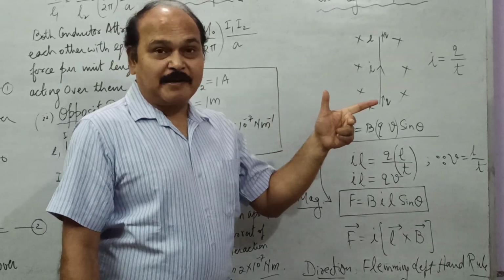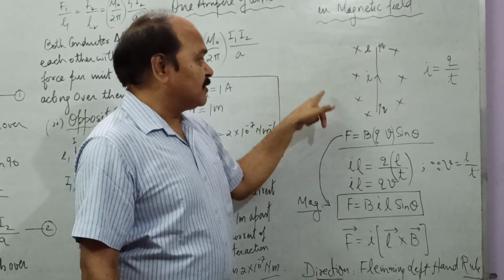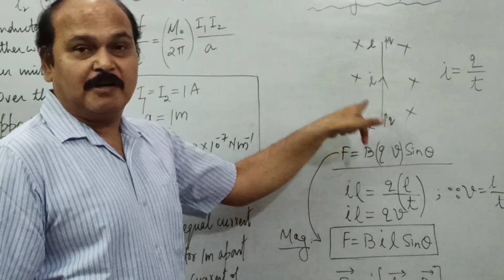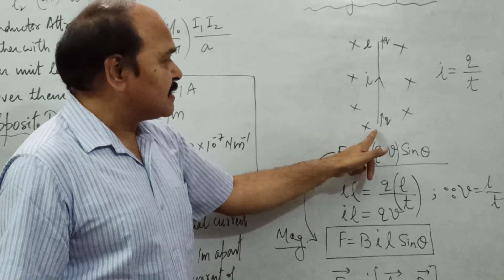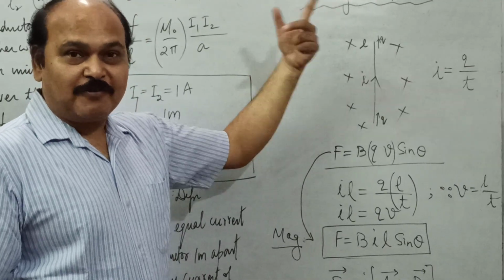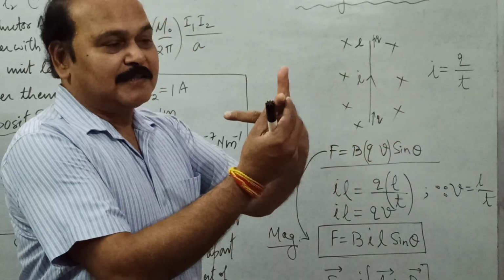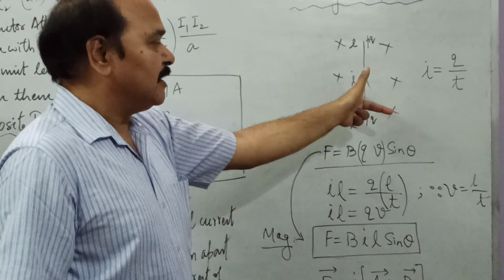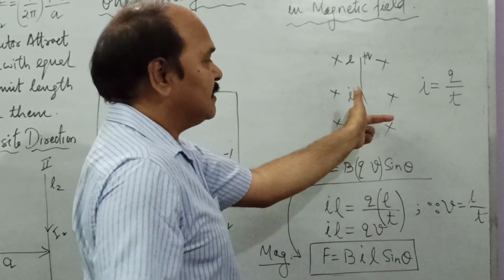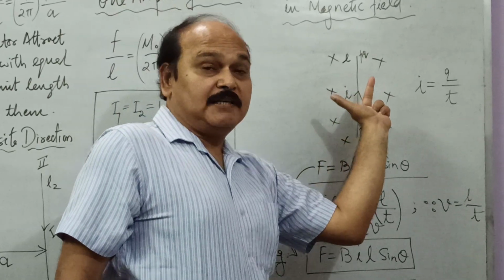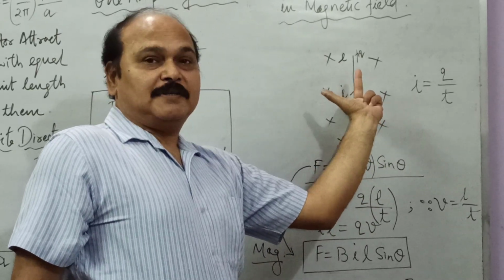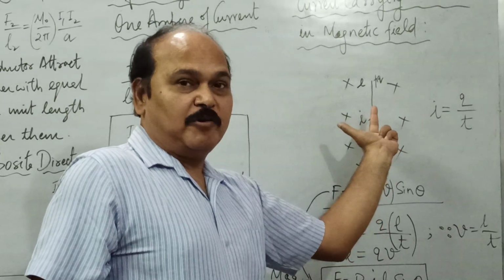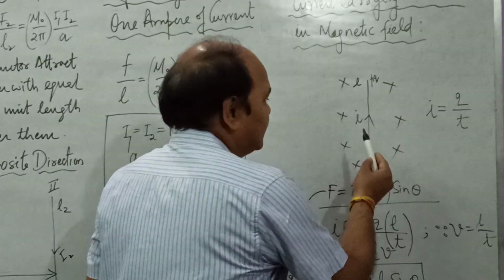Well, let us apply it and see the direction of force. This is the situation given before you. This is a conductor placed in cross magnetic field. Cross means perpendicular inward. This conductor carries current in this direction. So let us work out the direction of force. Let us take this finger along magnetic field, and magnetic field is what? Cross, perpendicular inward. Now let us take this tallest finger along current, and if we take the tallest finger along current without changing the direction of index finger, where is the thumb? Thumb is towards left, as shown here by my hand over the board. So the force over this conductor is towards left.